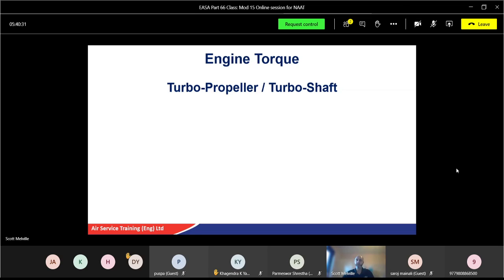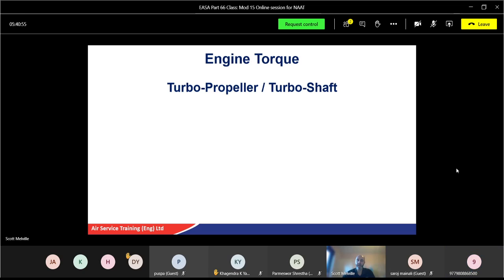Right. So torque, again, alongside the RPM gauge, especially for a turboprop type turboshaft, you have to look at the work done and the rate done independently. Now, the power developed in a propeller engine is also relative to the RPM. In other words, the faster the engine goes, the more power is absorbed by the propeller, and therefore the more